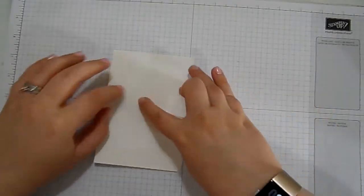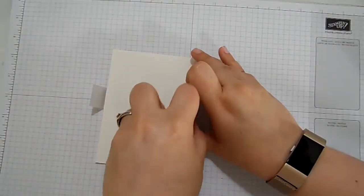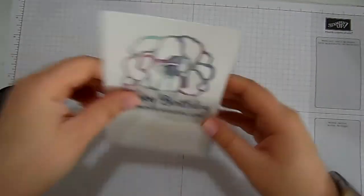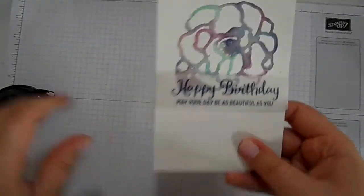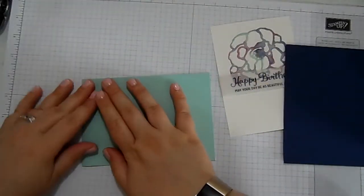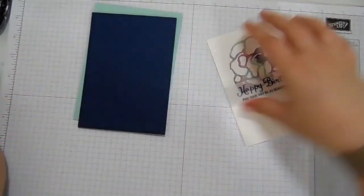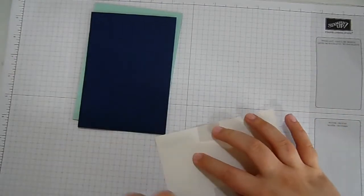So what we can do then is take our snail and just put 2 pieces of snail under where that vellum is going to be like that, and there you have your sentiment on your card. Isn't that really cool? Right, let's just layer up our card to finish. I've got a card base of Pool Party and a mat of Night of Navy. I'm going to put some more snail on the back of our piece of Shimmery White, and my snail has